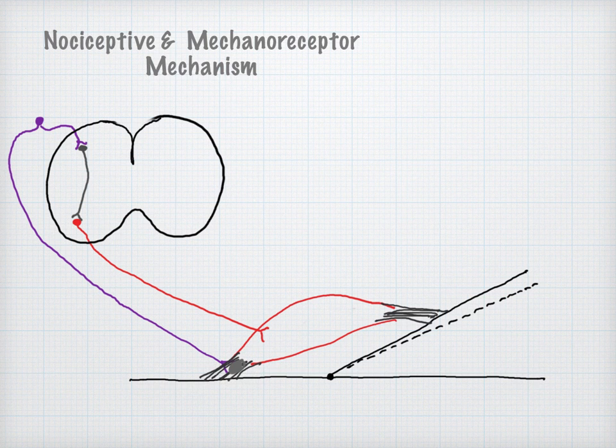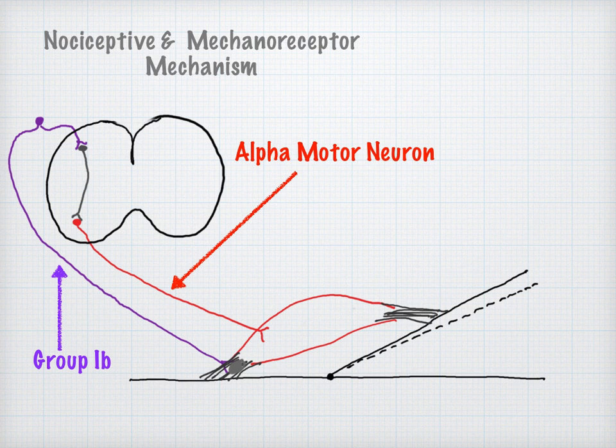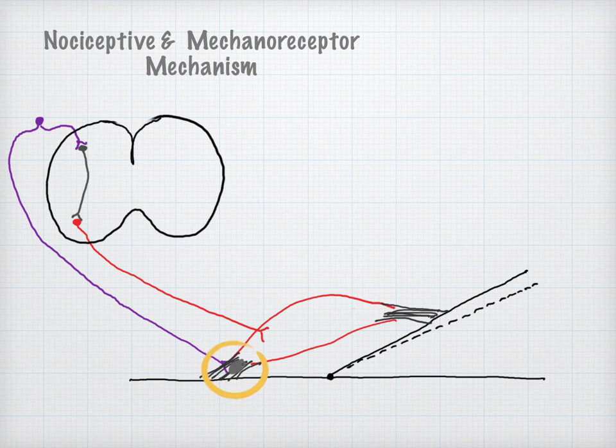Afferent group 1B sensory nerve fibers carry the impulses from the Golgi tendon organs to the spinal cord, which then affect the alpha motor neurons of the same muscle via interneurons. This allows the Golgi tendon organ to inhibit muscle contraction when it senses excessive tension of the monitored muscle to